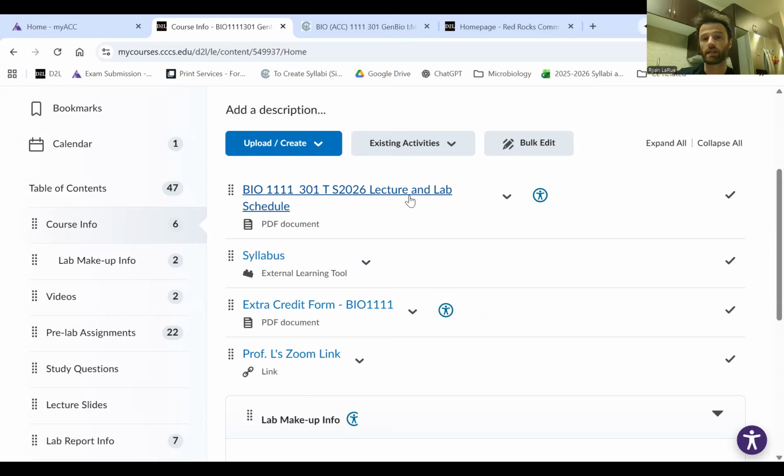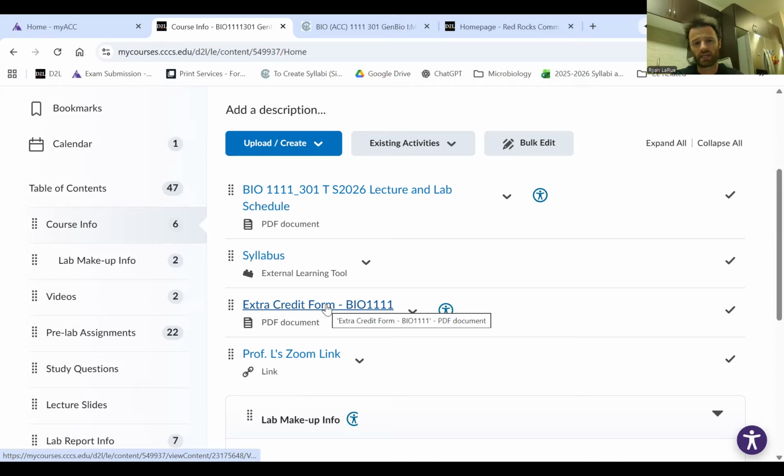We'll take a look at that soon. I have it pulled up in Adobe here. And then the syllabus, we'll take a look at that too. I'll try to make it as painless as possible. Extra credit form, I'll go over that more in person.